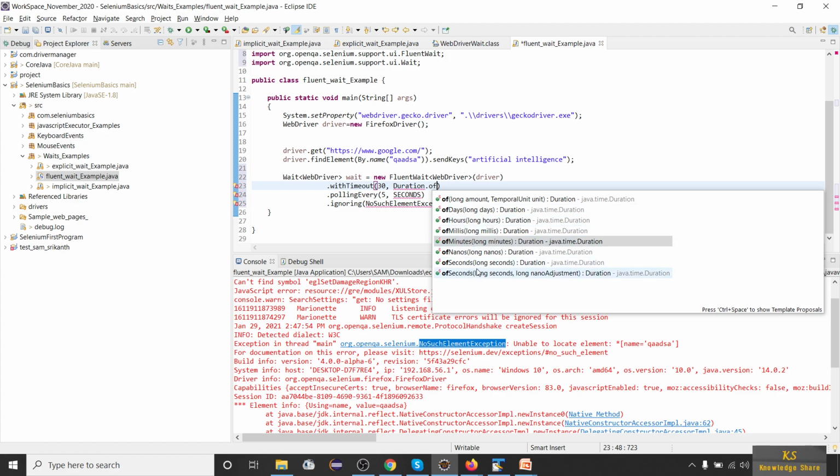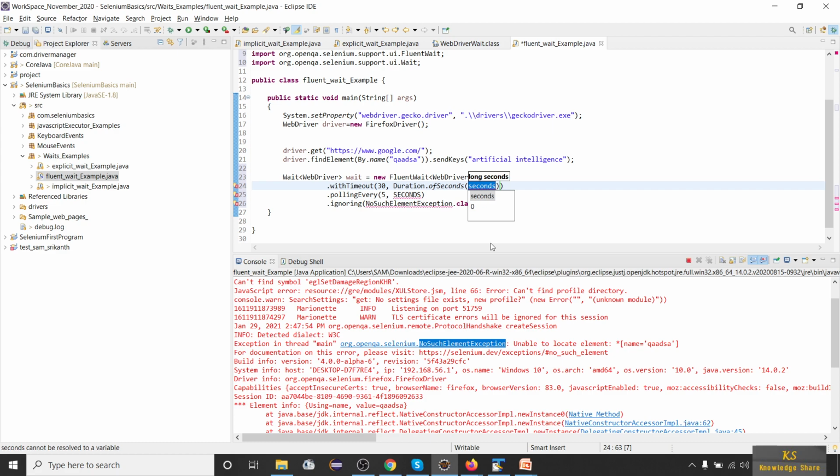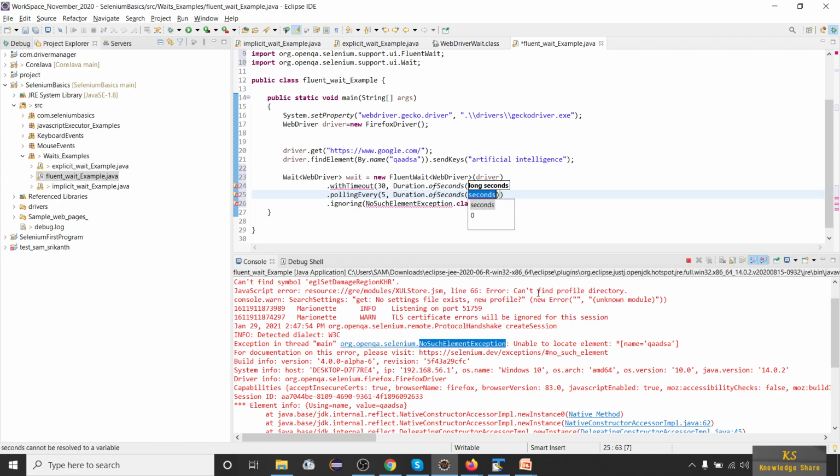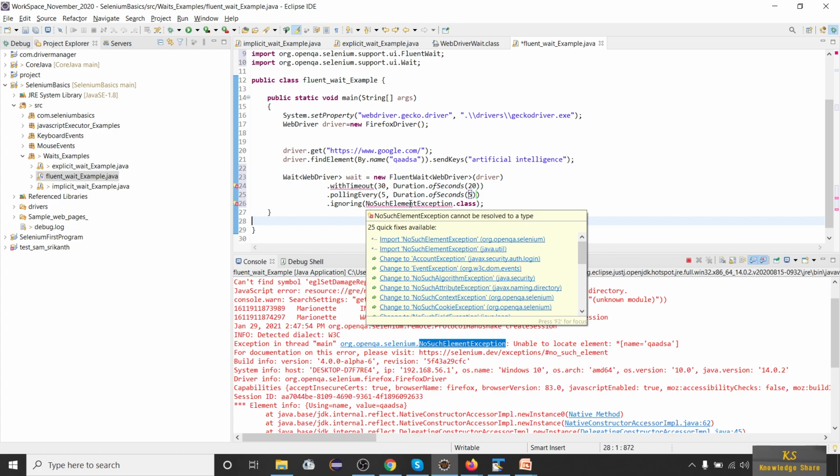For now I'll use seconds, and I'll give a 20-second wait, with timeout of 20 seconds, and then polling every 5 seconds. Again you have to provide Duration.ofSeconds(5). Then ignoring NoSuchElementException, you have to import it from openqa.selenium and not from java.util.